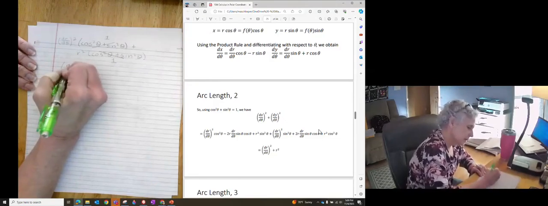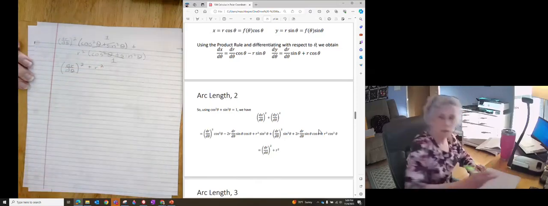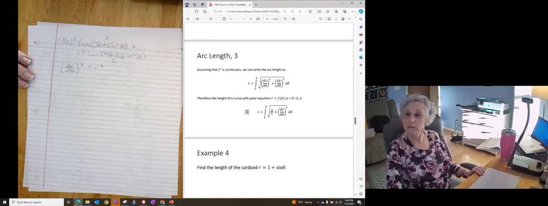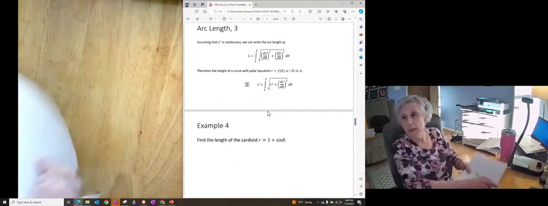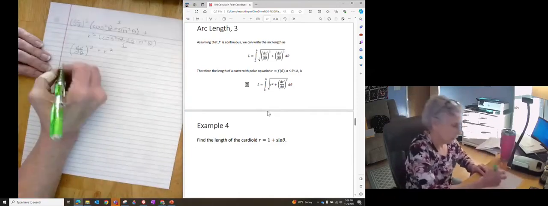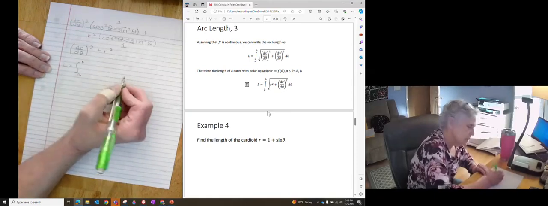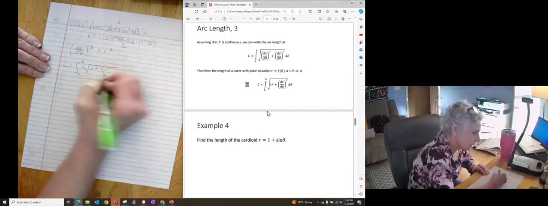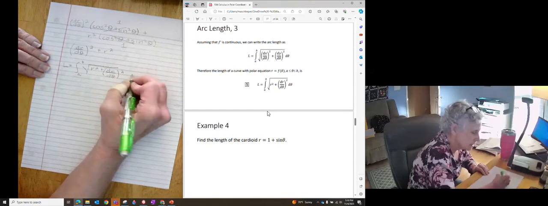So I really just have (dr/dθ) squared plus r squared. That gives us our formula for arc length. So length from A to B is the integral from one end to the other of the square root of r squared plus (dr/dθ)